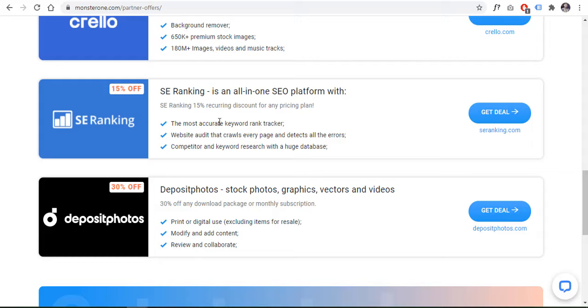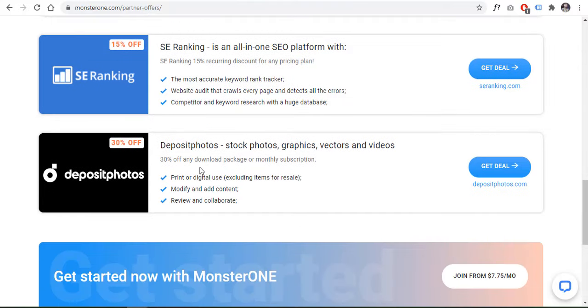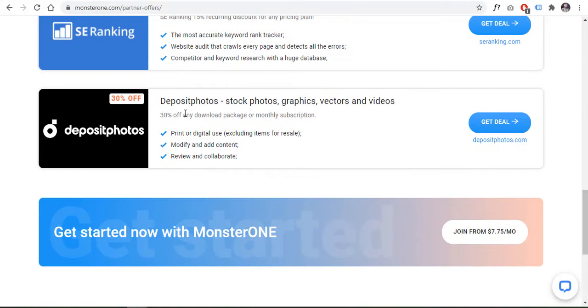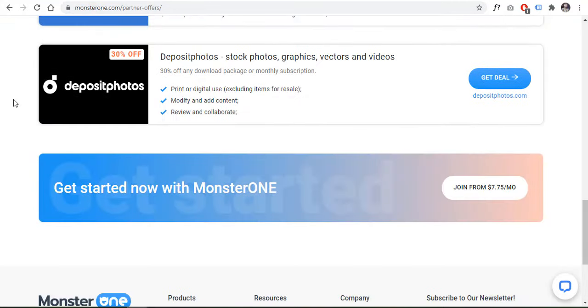The third is SE Ranking, where you get a 15% discount, and it is an SEO platform tool. And last but not least is Deposit Photos, which is a stock photo website from where you can get photos, graphics, vectors and videos for your website or graphic projects or whatever you are working on. It offers you a 30% discount as well if you are an active member of the Monster One Marketplace.